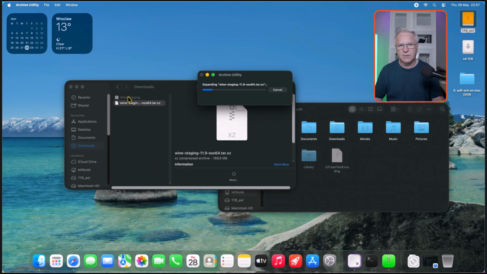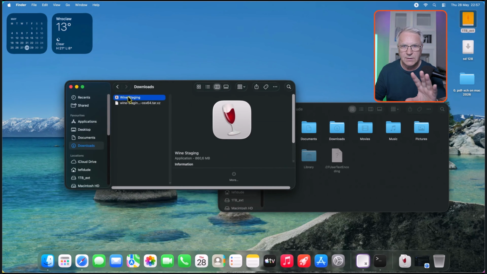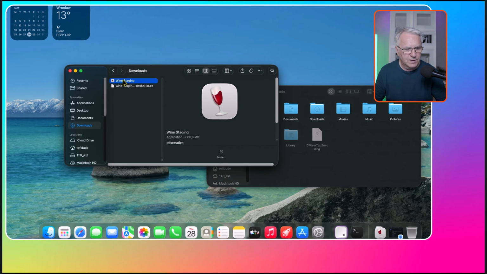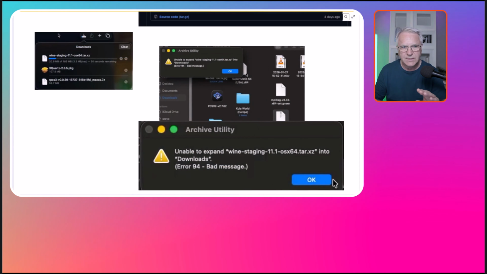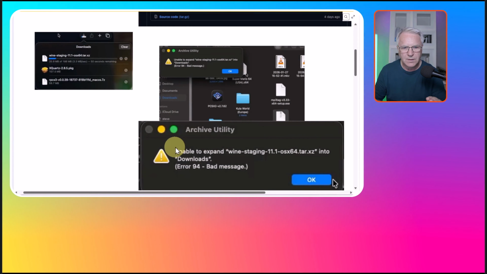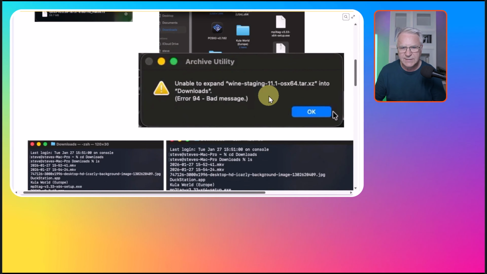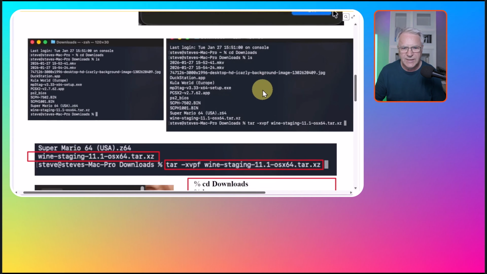Okay, that's going to take some time. Now, if for some reason it stops and it blocks, okay, it's installed for us. But if for some reason it blocks here, it might say unable to expand wine staging. What you need to do then is